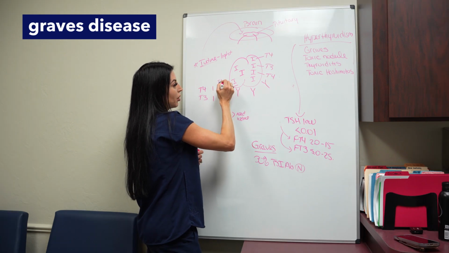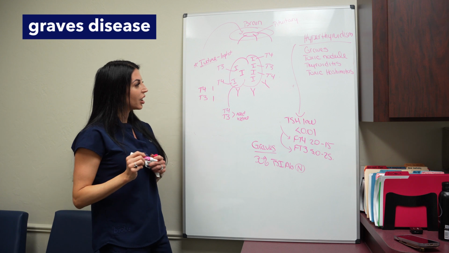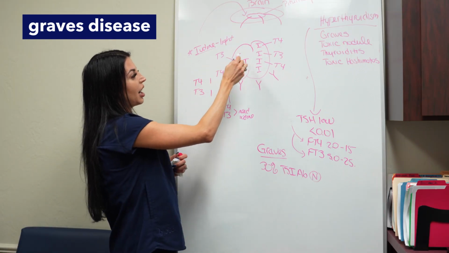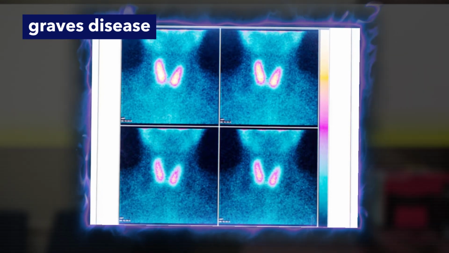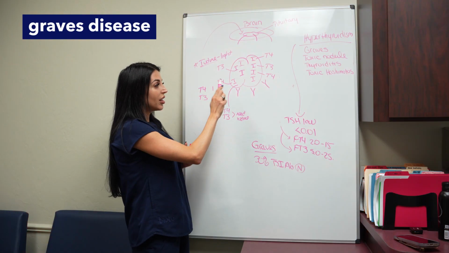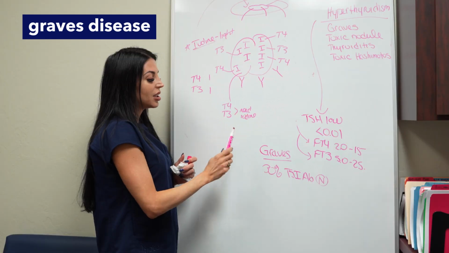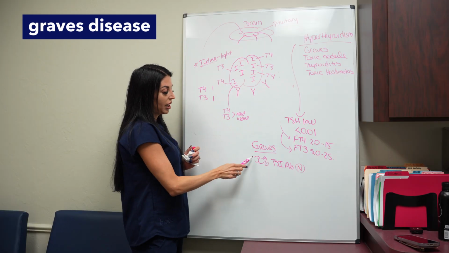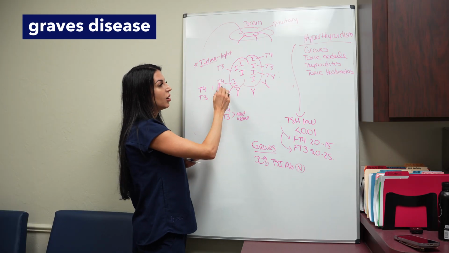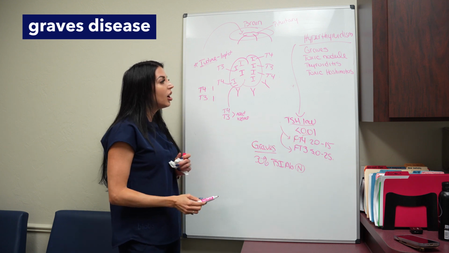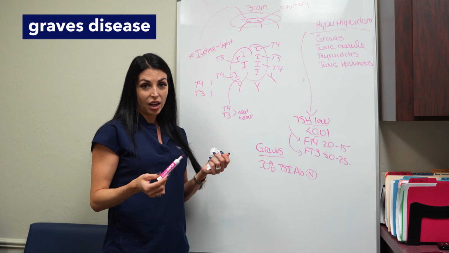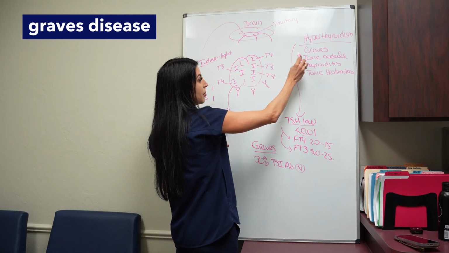And so when these people come back 24 hours later and you scan their neck again, their thyroid is going to light up like a Christmas tree. So you just see this big white area in their neck where all this iodine has gone in. And if that happens with these labs, then you know they have Graves' disease, even though their antibody was abnormal. Because there's no other reason that when your brain is saying stop and your TSH is low, that iodine should be taken into your thyroid. So that's how you determine whether somebody has Graves' disease.